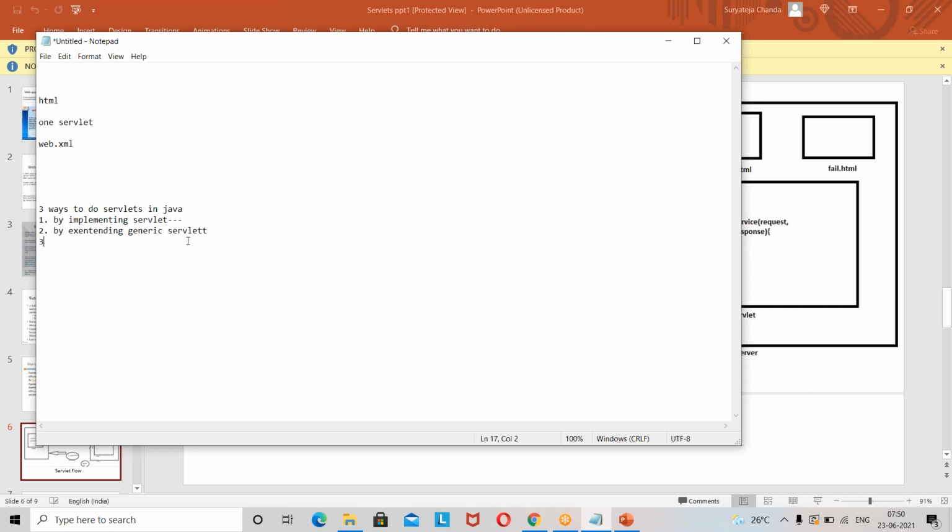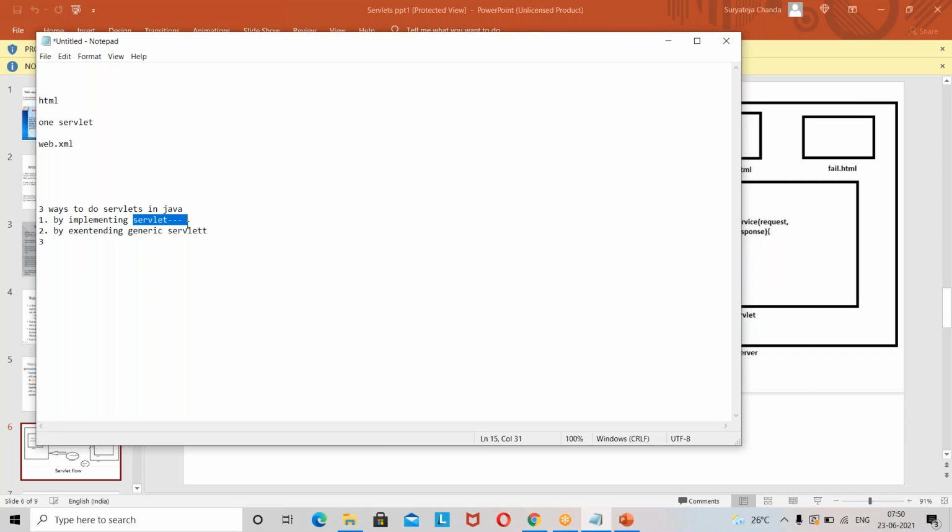It is an abstract class. If you see, servlet is an interface which has 5 methods, so whenever you make a servlet by implementing the servlet interface, you need to override all the 5 methods, even if you do not need them.